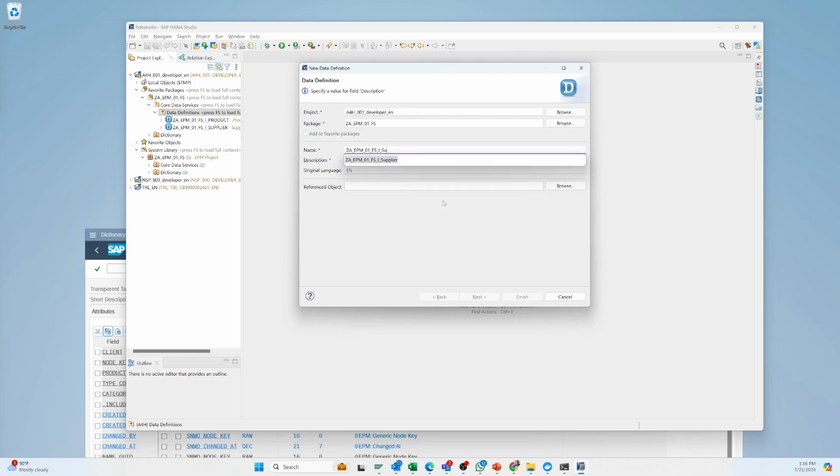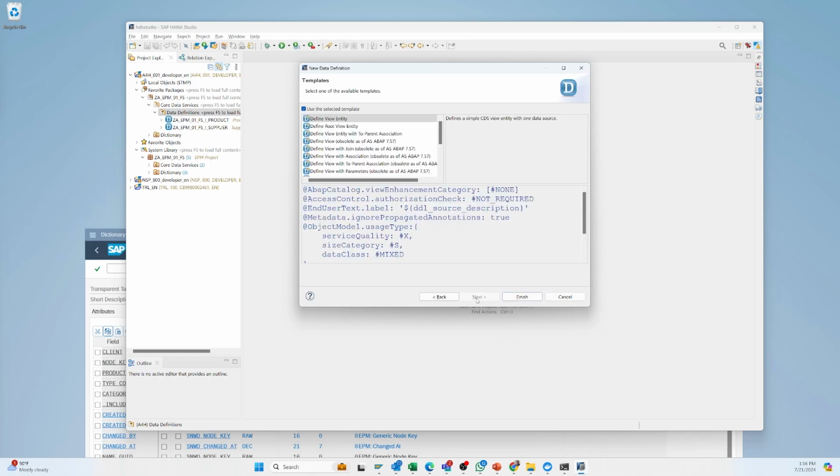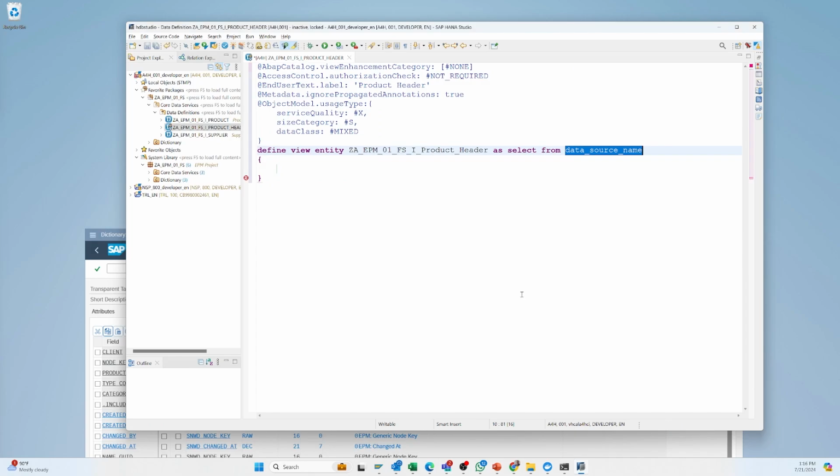So JET product supplier, and this name is product header. Product header, next, finish. So same way, remove the entity, and actually it will select